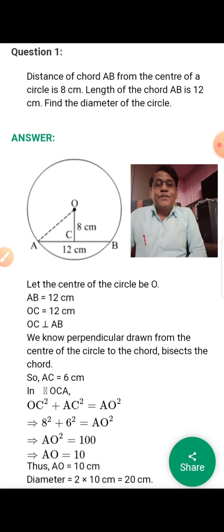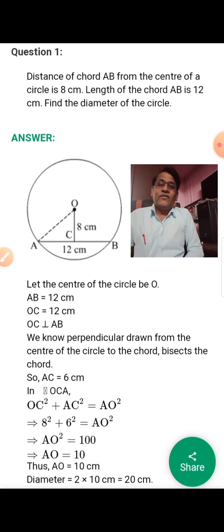In the previous geometry lecture, we already started the chapter on circles. In this chapter, we already explained all the concepts of a circle: radius, circumference, diameter, and chord. All these things are already clear. Now we have to start with Exercise 6.1. This chapter is very important in ninth standard. You have to clear all the concepts in this chapter.